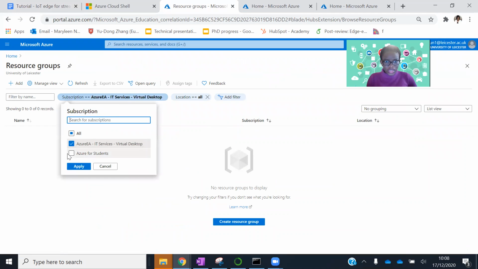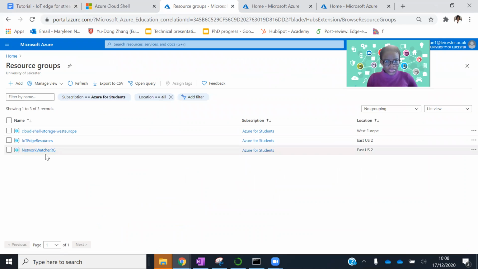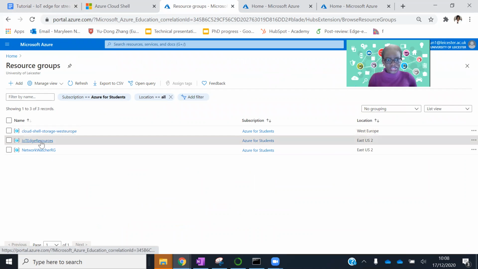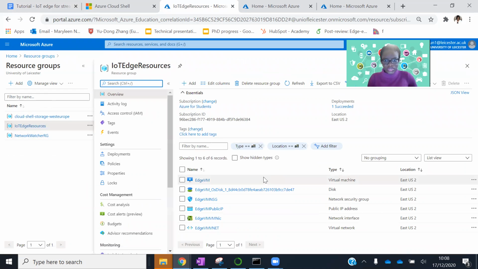Subscription, actual for students, apply. Okay, so we can see here that this is the cloud shell in its own resource group, the IoT Edge resources that we created. So if we go to the IoT Edge resources,